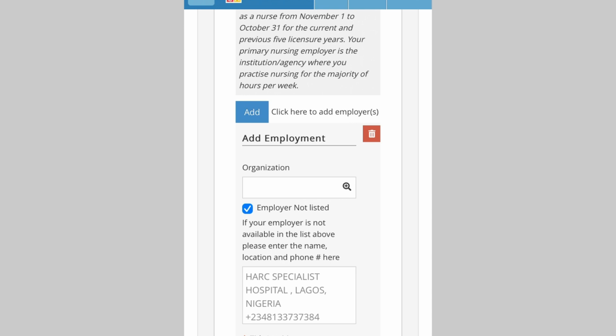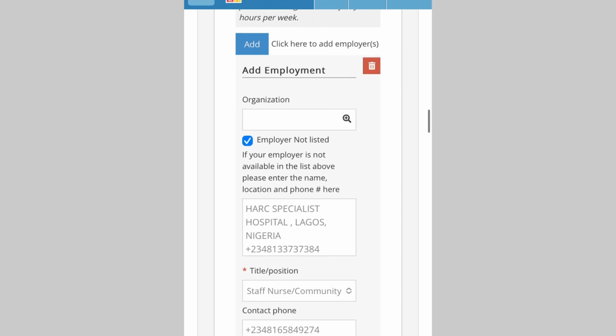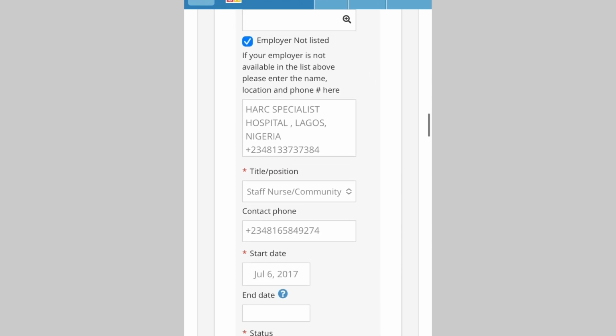Your primary nursing employer is the institution or agency where you practice nursing for the majority of hours per week. If the employer is not listed,